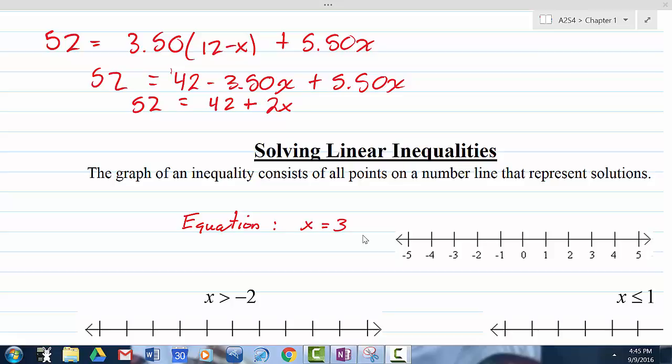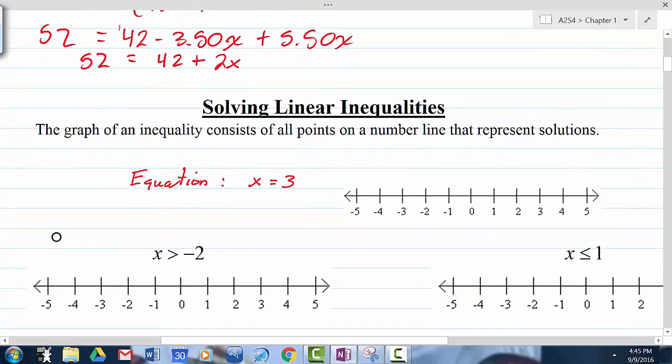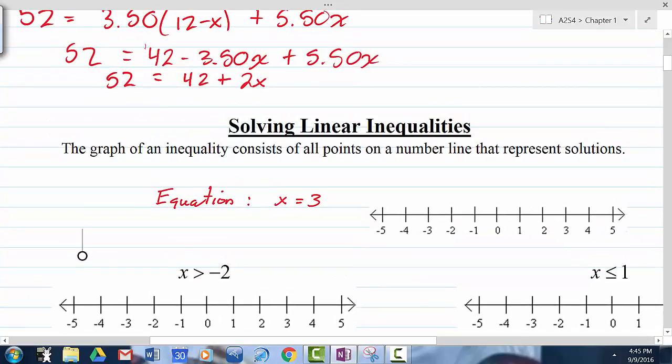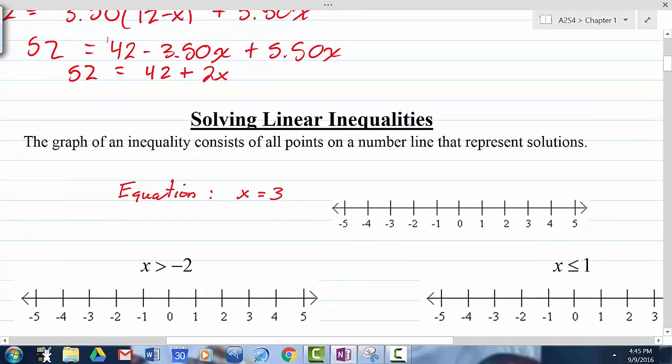First things first, to understand an inequality you have to understand an equation. Now with the equation that you see right here, say for example x equals 3, that's pretty much going to give you one value. The only value that it's going to give you is 3. So for the most part, if x equals 3, that's where you are on the number line, and that's the only point, the only value. You get what I'm saying? So that's what it is for